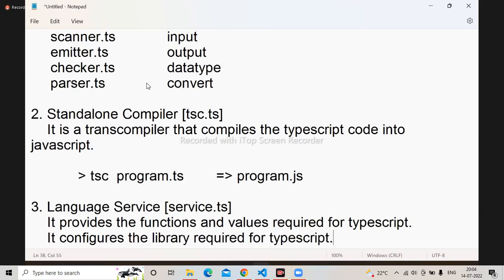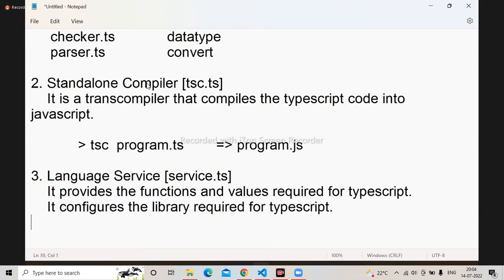Whatever library is required for TypeScript is done by the language service. Now, what is the point about the language service? This language service configures the library required for TypeScript, and